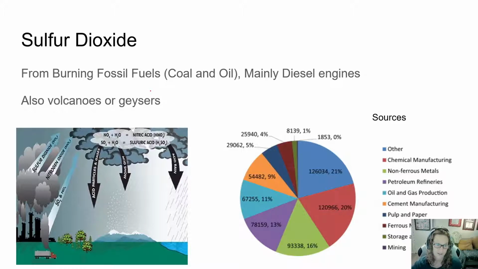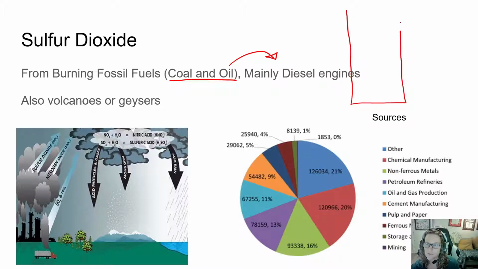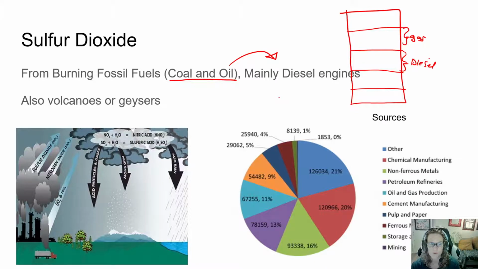Sulfur dioxide is coming from a couple places. Coal and oil burning for fossil fuels, but the oil part is mostly from diesel engines. So if you remember, a lot of you missed this question. When we refine crude oil, it gets separated out by density and we boil it out, fractional distillation, and some of it is gasoline, but the heavier stuff is diesel. And diesel has more components and chemicals in it, and one of the things is this sulfur dioxide.